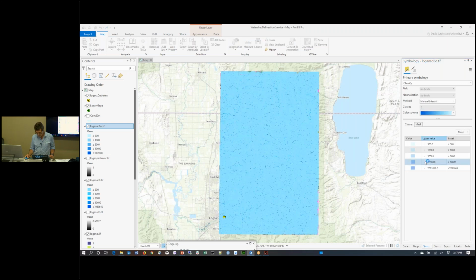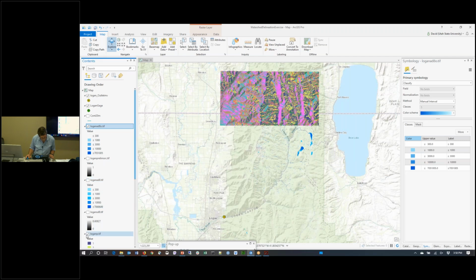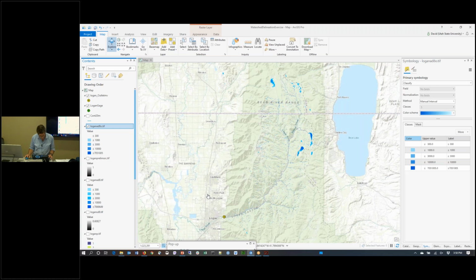And another nicety that I like to use in visualizing sometimes is to make the lowest color no color at all. So if I turn that off,